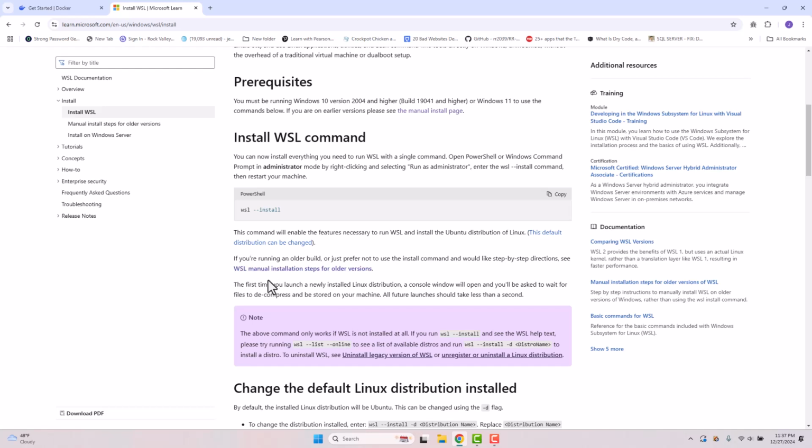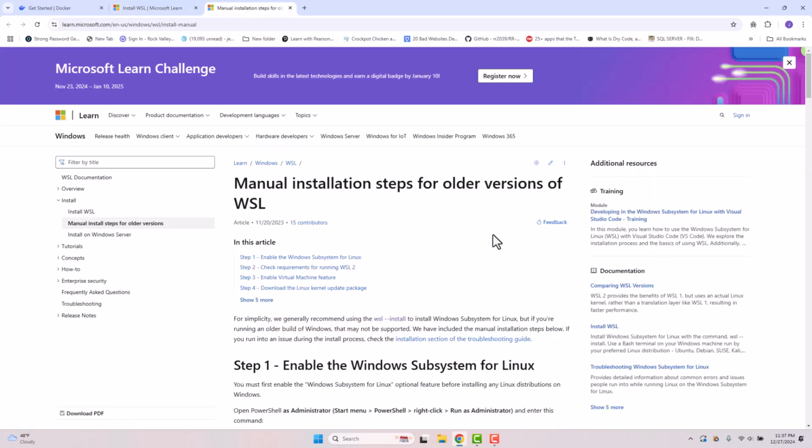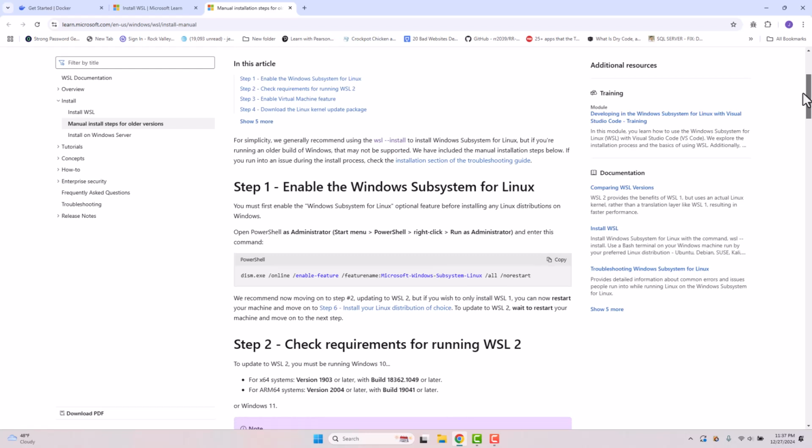If I'm running one of the older versions that requires me to go through and do the manual installation, it's going to provide me with all the different steps that I can manually step through in PowerShell and execute. So I would have to do the enable of the Windows subsystem in PowerShell.